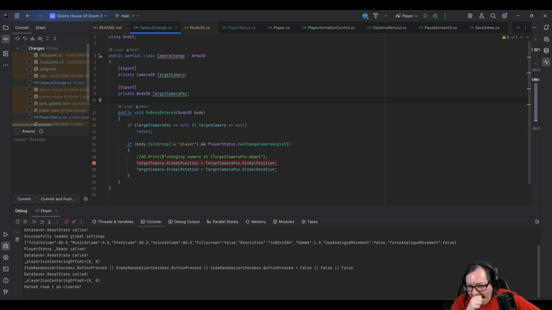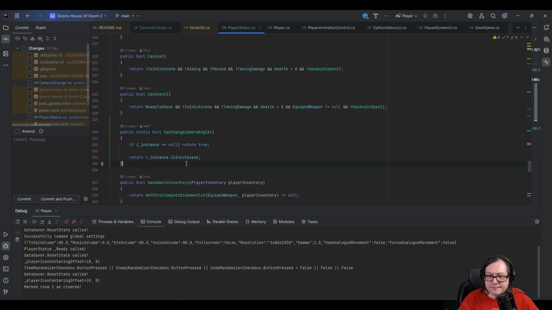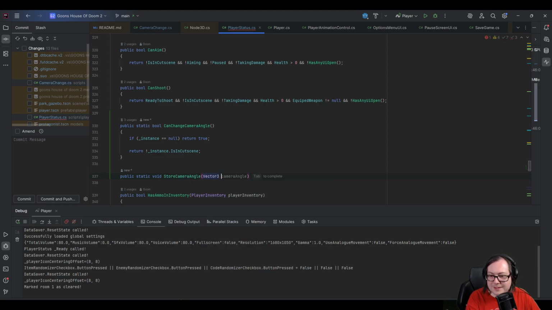I think I've got it. Let's see here. Store camera angle. Oh, vector 3. Camera position. Vector 3. Camera rotation. So we can store it in here. This is a little jank, but honestly,